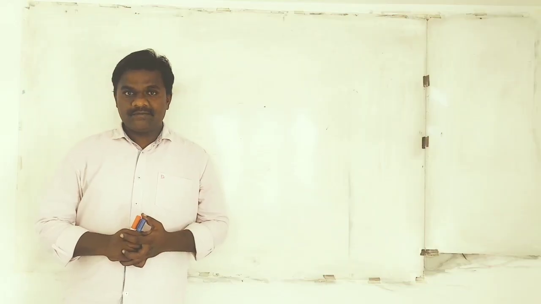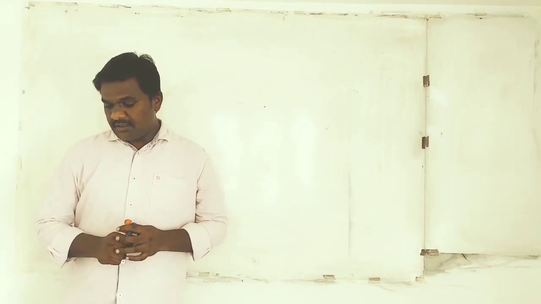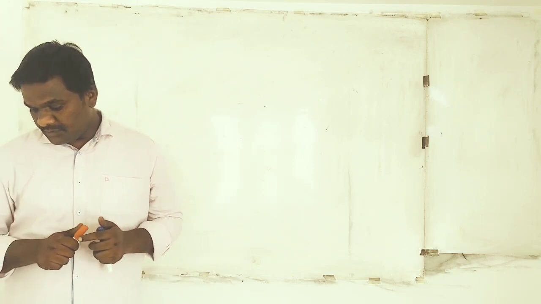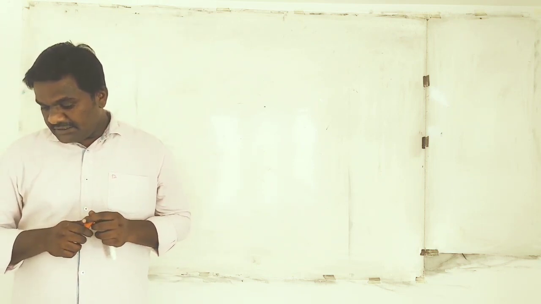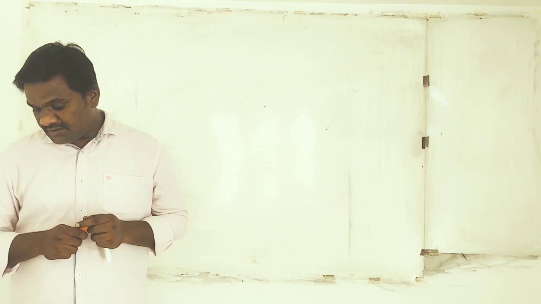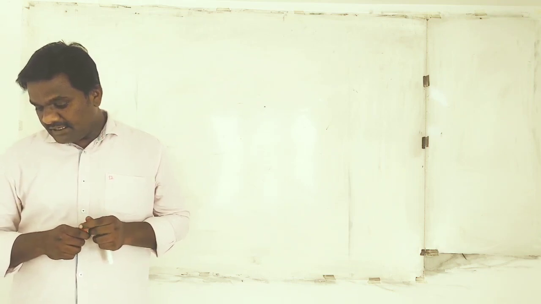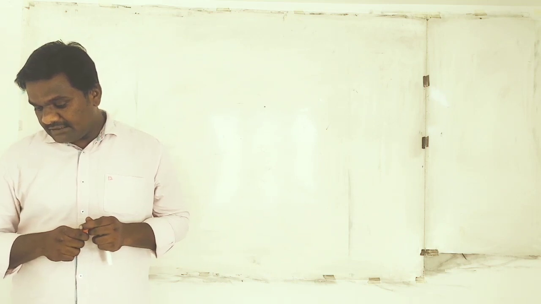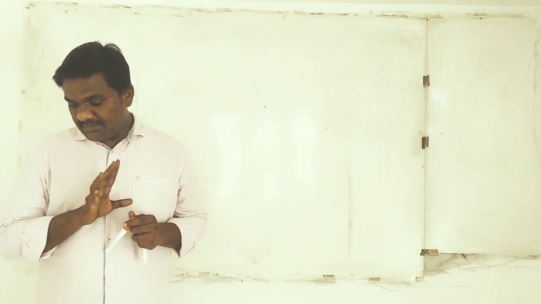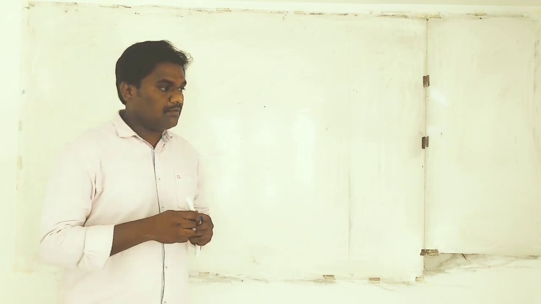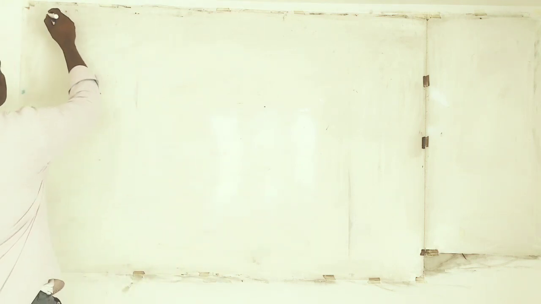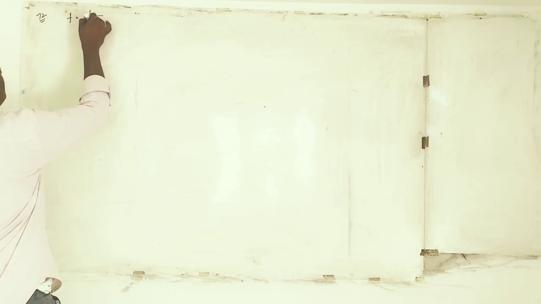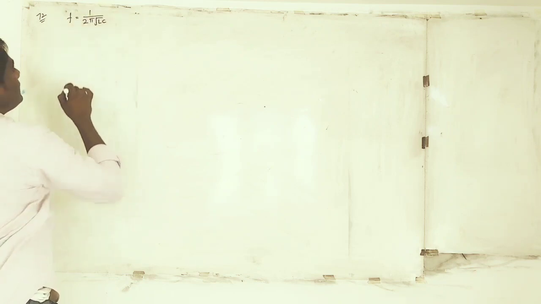So based on the concepts discussed, I have question number 72. For the series LCR circuit shown in the figure, what is the resonant frequency and the amplitude of the current at the resonant frequency, like that they are asking. See, simple. The resonant frequency formula you have. Question number 72: F is equal to 1 divided by 2 pi root of LC.